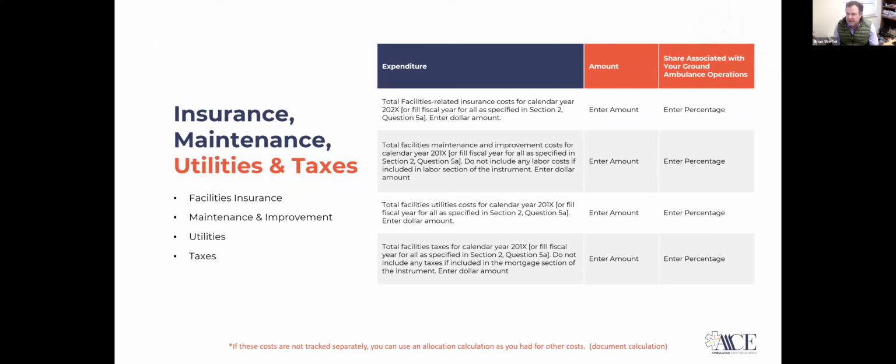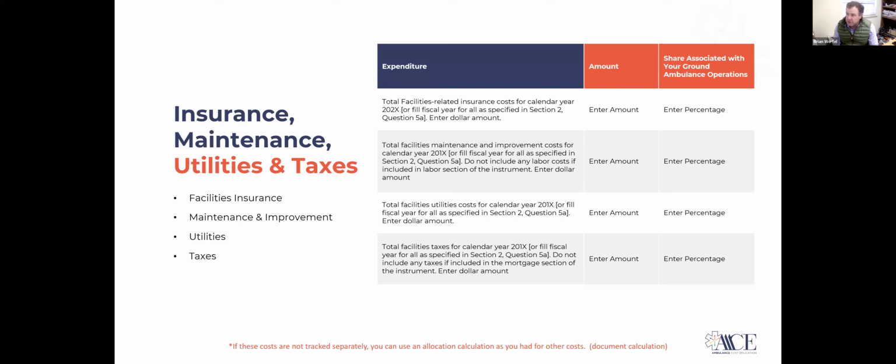It's going to ask you for the total maintenance and improvement costs that have been incurred during the year. So if we did maintenance and we didn't use our own employees to do that maintenance, then we would include the outside payments we made to contractors to do that work, right? So if the garage door needed to be fixed, then we hired an outside agency and they charged $1,000, we would put that $1,000 right here. And then it's going to ask what percentage of that is allocated to the ground ambulance operation. So that garage door is one in which both ambulances and fire trucks pass through. You would allocate based on whatever percentage you allocated the garage space to, right?